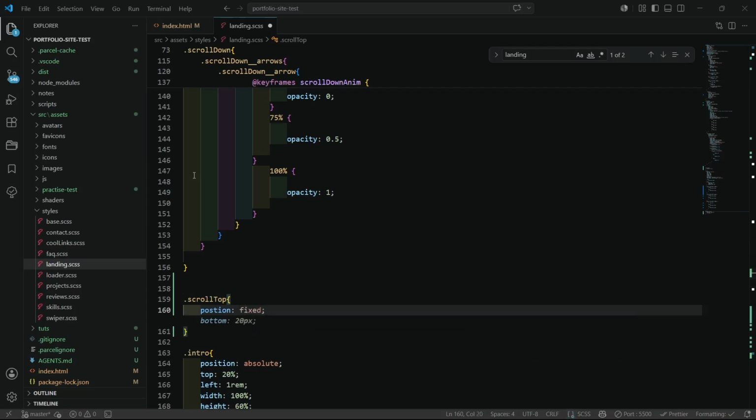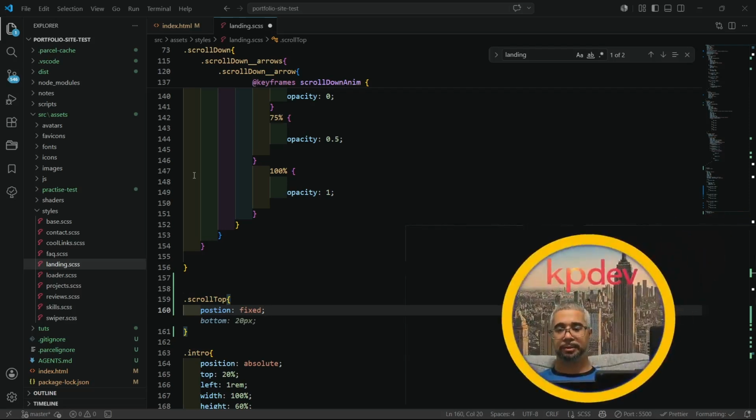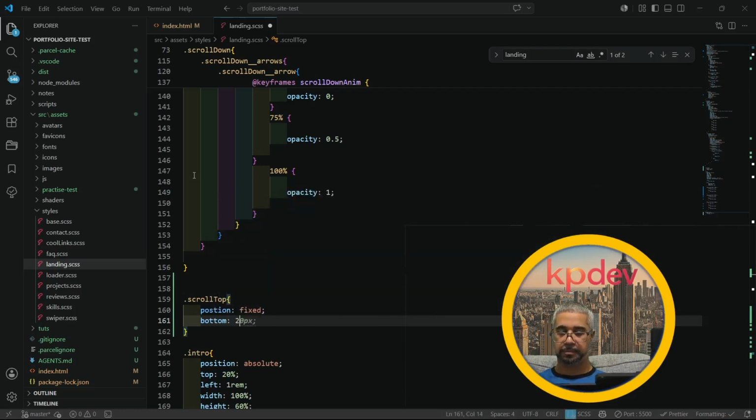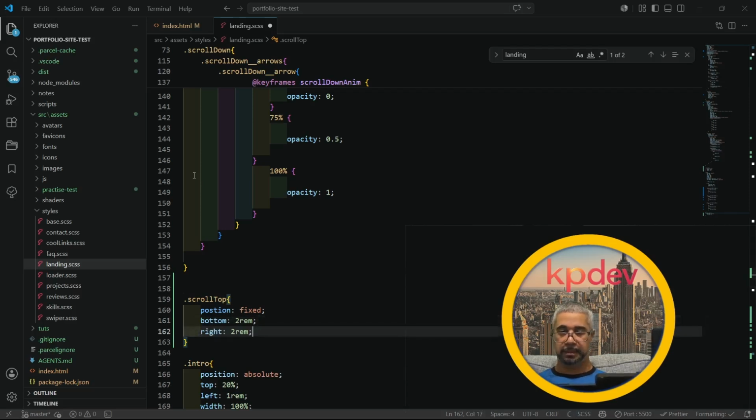And then the bottom is going to be 2 rem. The position fixed basically means that wherever we place this button, when we decide to scroll up, left, right, whatever, it's going to stay fixed at that position. So the bottom is going to be 2 rem, okay? And the right side's also going to be 2 rem. Now, the whole purpose of that is, if you take a look, oh, misspelled it. If you take a look at